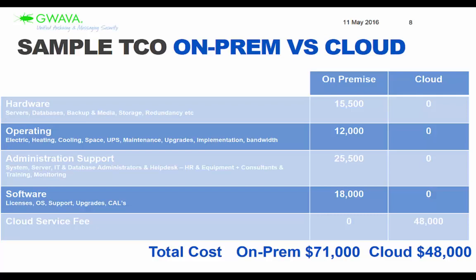It will cost your company less. And then, as we stated, there's that idea of being able to have a fixed cost that you know is coming every month, so you don't have to worry about a server going down and having to replace that. Once again, that real estate that it could be taking up. You have that fixed cost that you're always going to know is coming. So really, in this example, there's a savings of about 35% year over year when you move to the cloud as opposed to on-prem. So even though it seems that it may be more expensive, in reality, a move to the cloud saves you money.